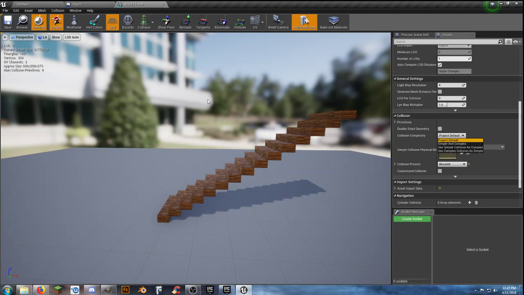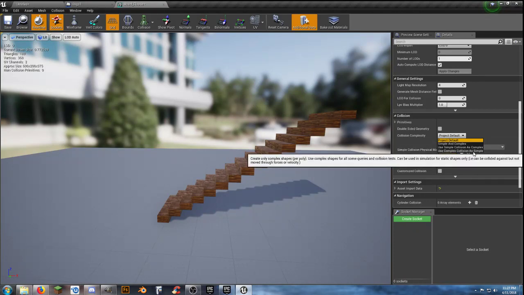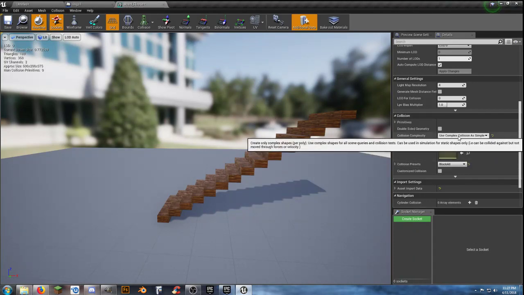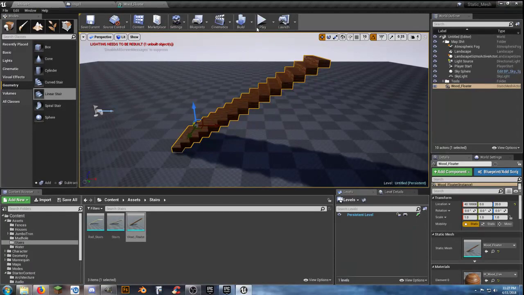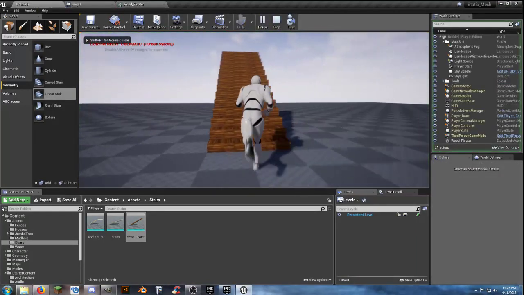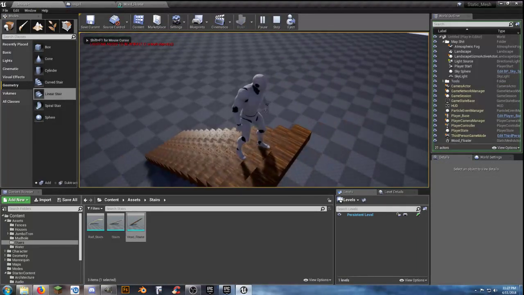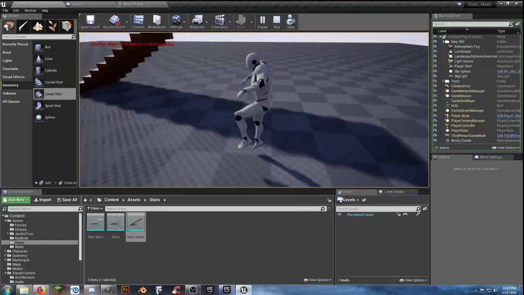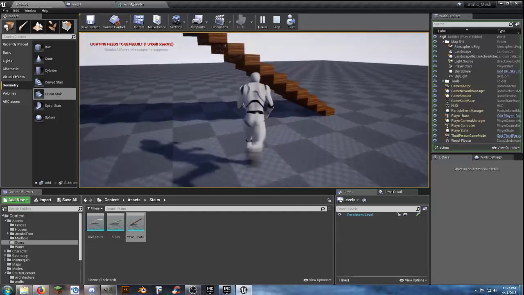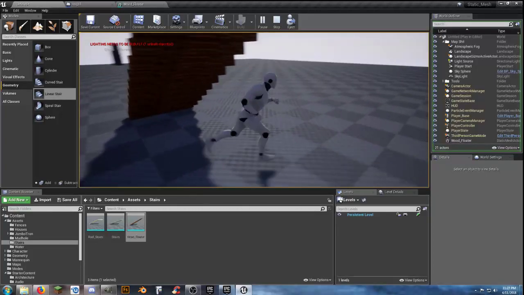You could probably create a separate one. I haven't experimented with it, but I'm going to set my complex collision as simple and hit save. So now when I go back into my map, I can actually walk on my stairs. If I didn't do that, I wouldn't have any collision at all, and you would just walk through the stairs. But by doing it this way, you create a set of stairs that are floating that you can actually walk